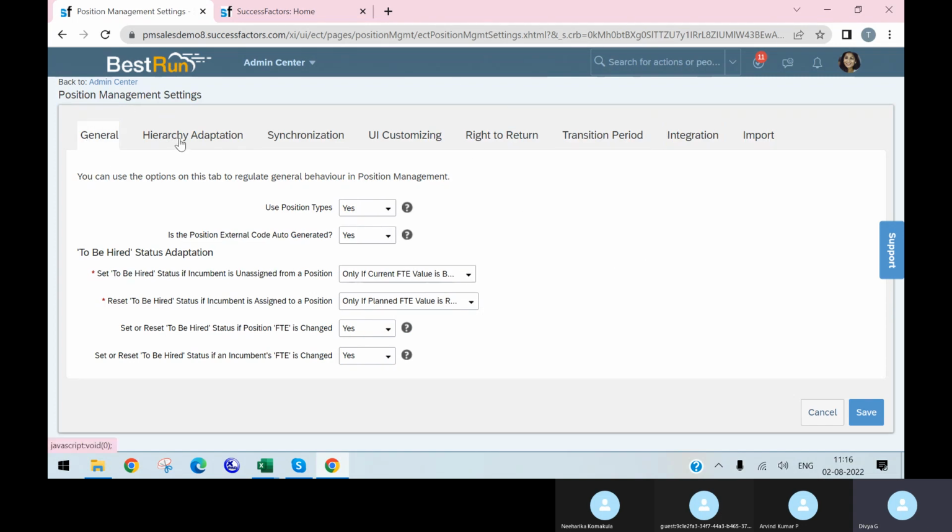There are general, hierarchy, adaptation, synchronization, UI customization, right to return, transition period, integration and import. These two will not be used regularly, and in general you will have what we need to show based on the position type. So you can use the options in the tab to regulate your general position management. Okay, use the position type. Yes, that means if you go to